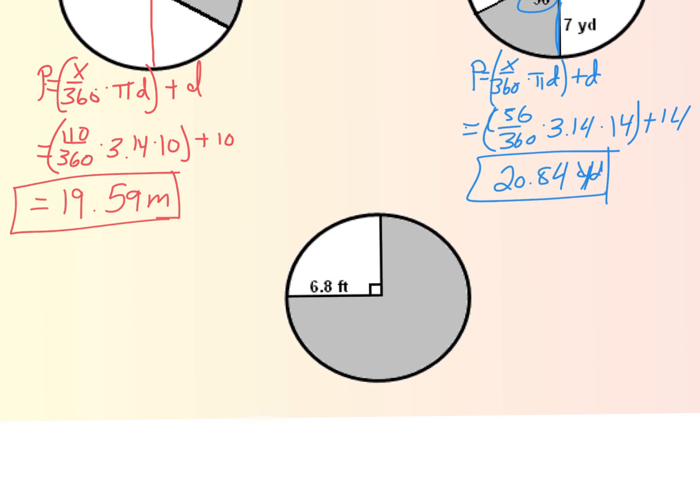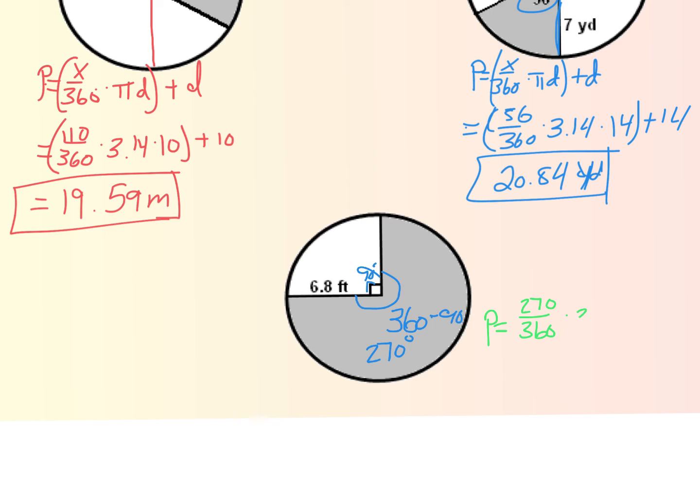Now your last one. This angle right here, remember this means 90 degrees, but that is not the shaded part of your sector. So we need to do 360 minus 90. So the shaded part of our sector is 270 degrees. So 270 is actually the angle we're going to use for x. So you get 270 over 360